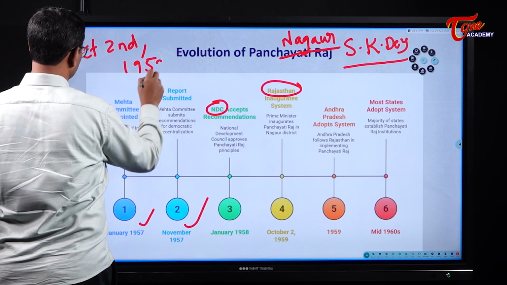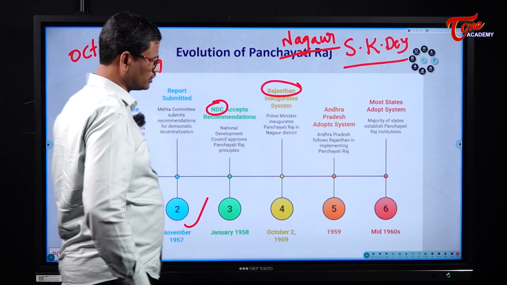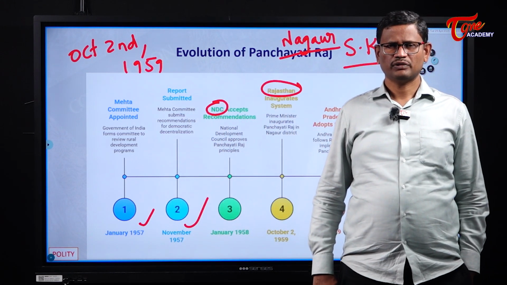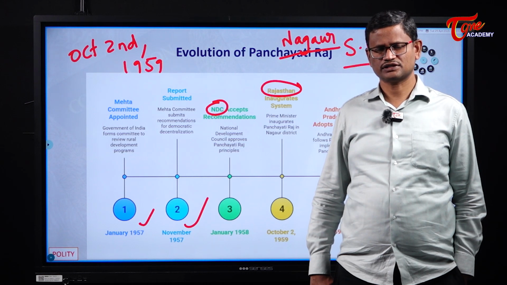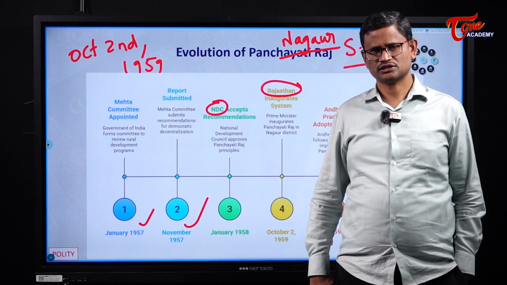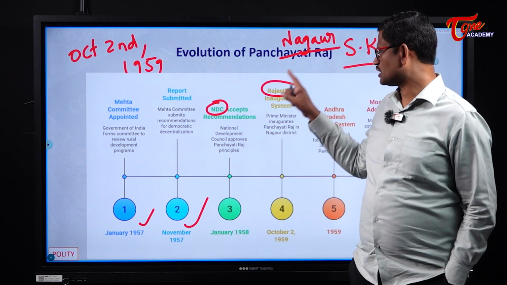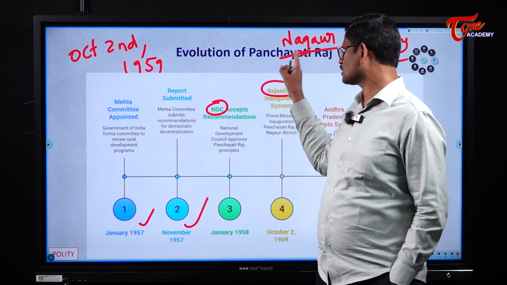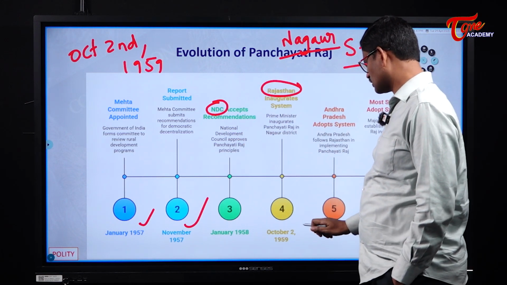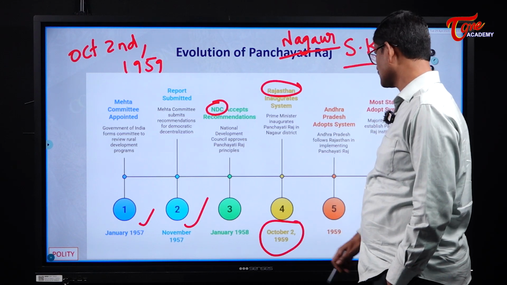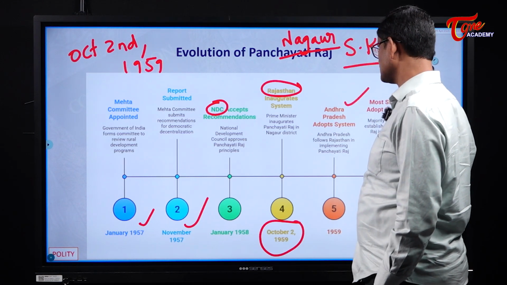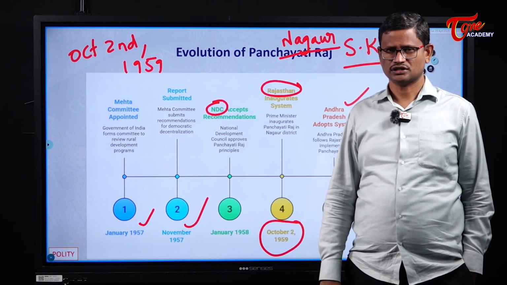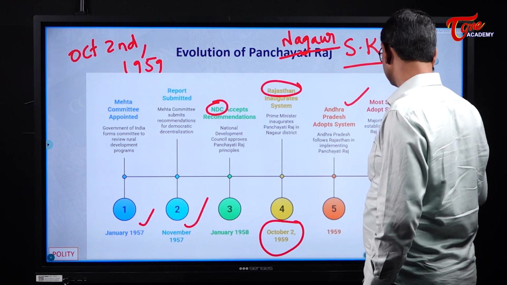1959. So, which means though the Constitution of India had provisions for Panchayat Raj institutions in 1950 itself, it took almost 9 years for setting up of the 3-tier Panchayat Raj system in the country. So, now Rajasthan is the first state to come up with a 3-tier Panchayat Raj system in Nagaur. This is on October 2nd, 1959, as I told you. Andhra Pradesh is the second state to implement the 3-tier Panchayat Raj system at Shamshabad. Then